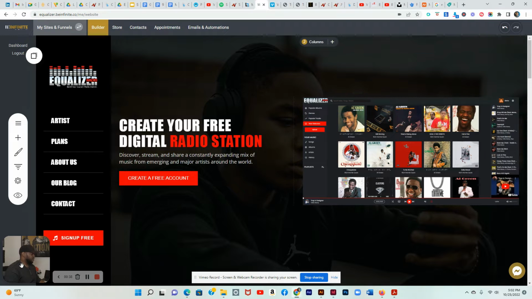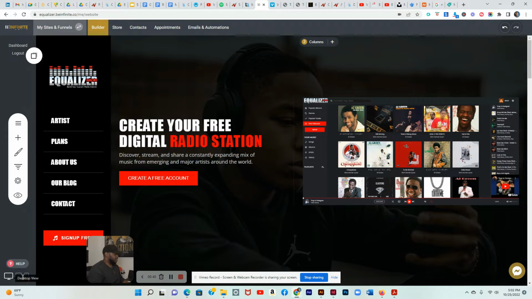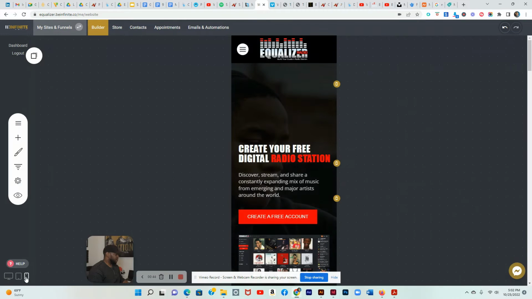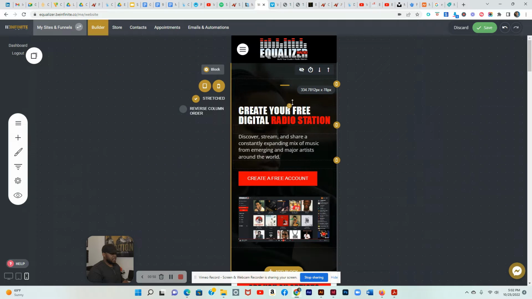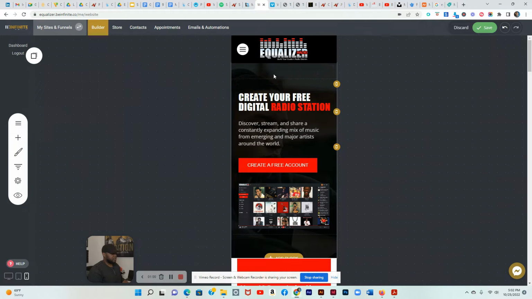So what I want to do is focus on the phone view, or mobile site. So I click over here on the lower left hand corner, goes to the phone view, and one of the first things I notice is that I want more room. I want less room here. So all I do is there's a spacer right here, and all I'm doing is dropping the spacer,